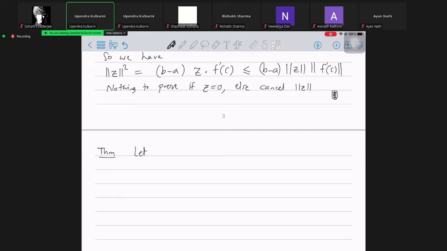I'm going to take an open set U in R^m, and I have a differentiable function on U going to R^n, right? So there is something else that is going to be required, but we will come to it. So f differentiable